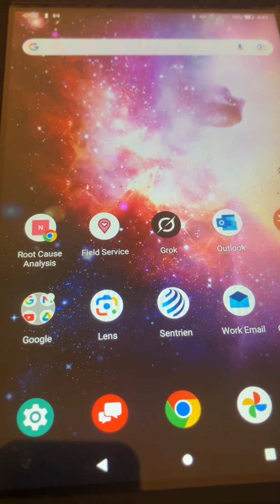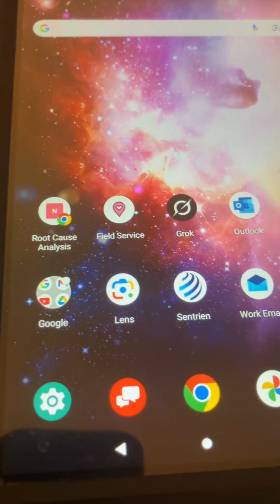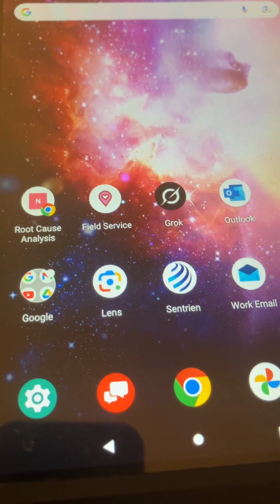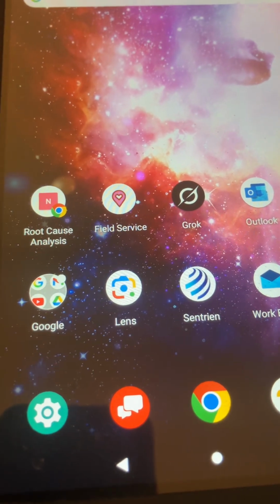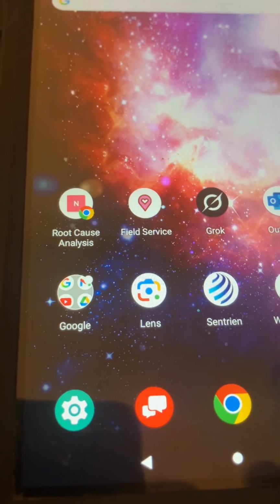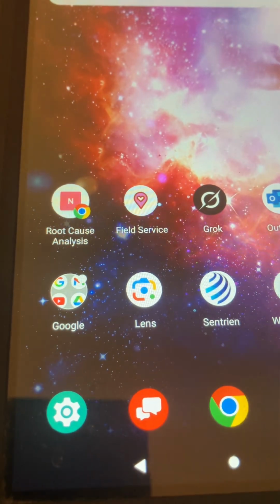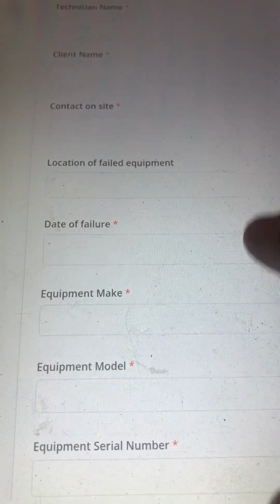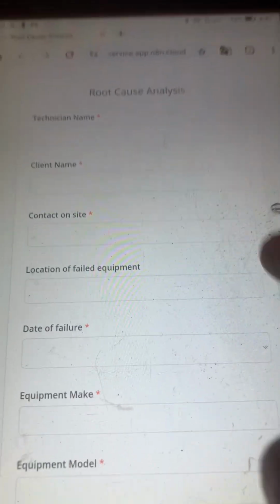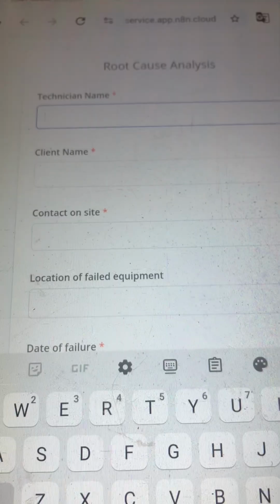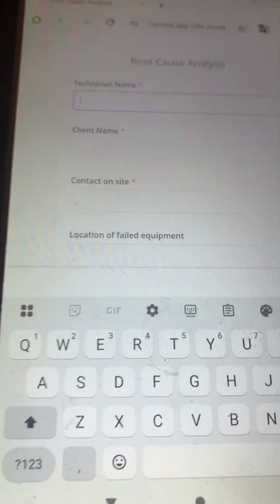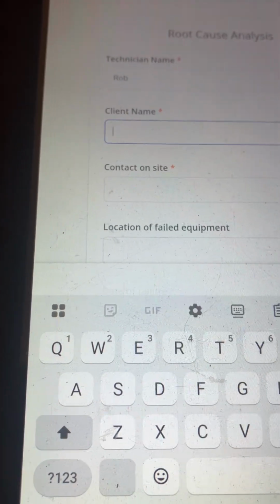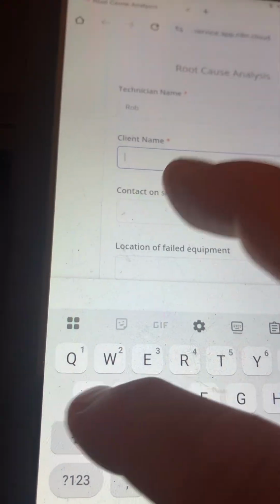So I wanted to show you guys one of the AI tools I've been working on here. We have an AI-assisted root cause analysis tool. All this really is just an online form that asks for some basic information. So we want the technician name, which we will put in, client name, we'll just call it